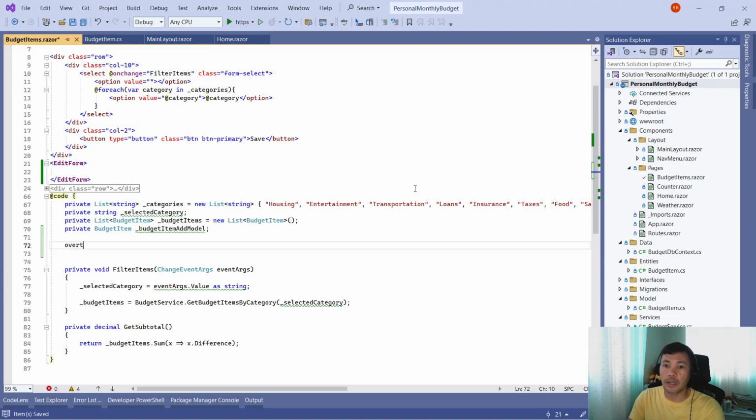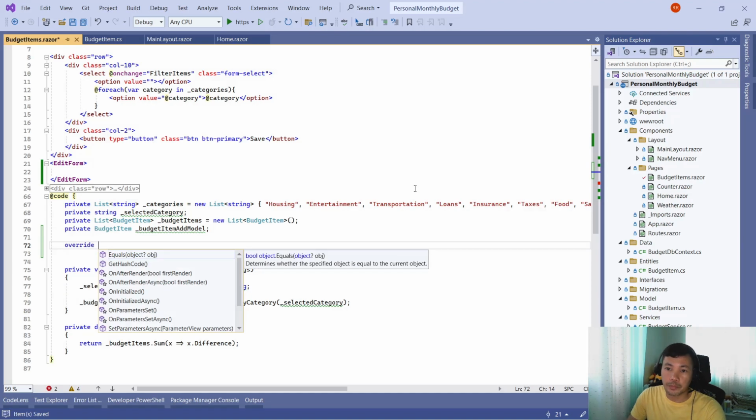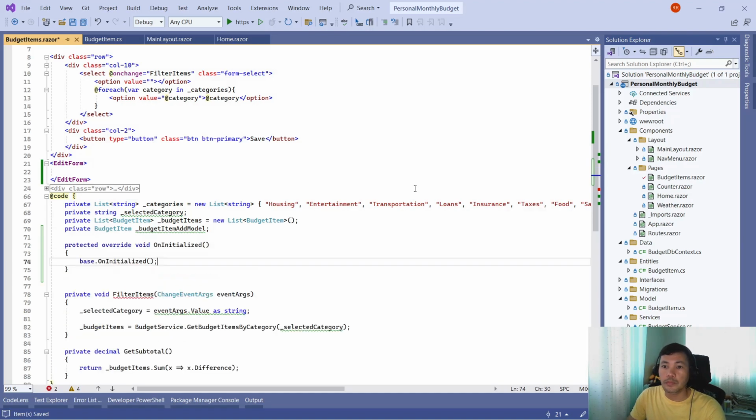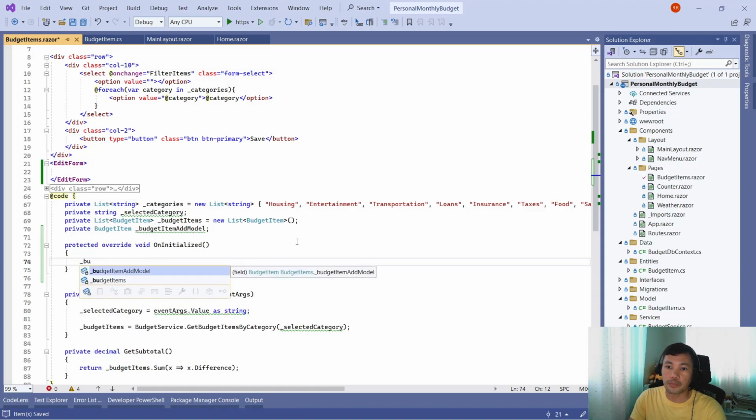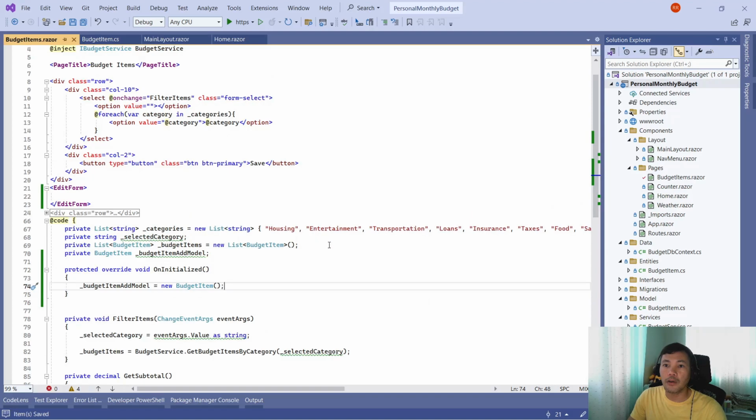Let's override, what do you call this one? A state or a stage in the cycle of a component. So in this case, we will just have to initialize our budget item. Okay. So now,